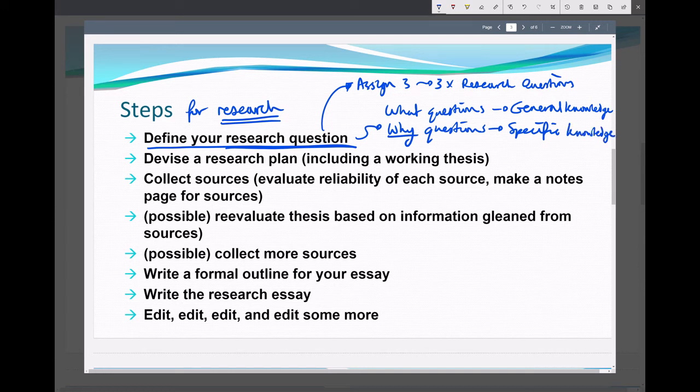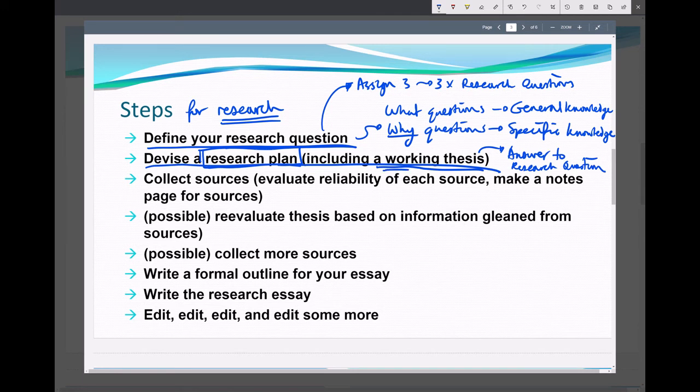Okay, and this lecture will help you build a research plan. I'm going to show you that in a minute, which includes a working thesis. So that's your answer to those questions. To the research question. So this is a working thesis.